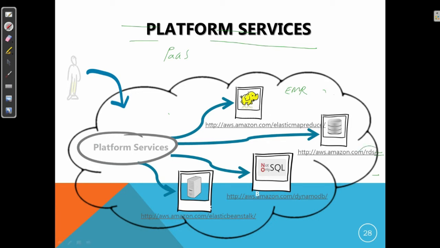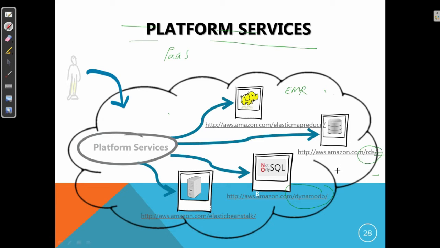Then the next popular service as a PaaS is RDS. This is basically a Relational Database Service that makes it easy for a user to set up the database, and it gives a provision to operate and scale the relational database on the cloud in a very simplified way. Then we have DynamoDB, again very popular in AWS as a PaaS service.